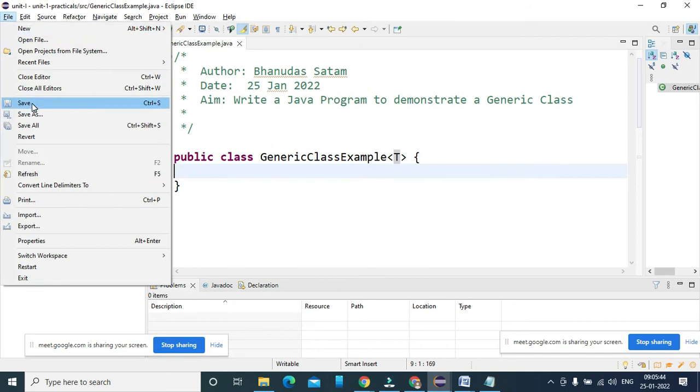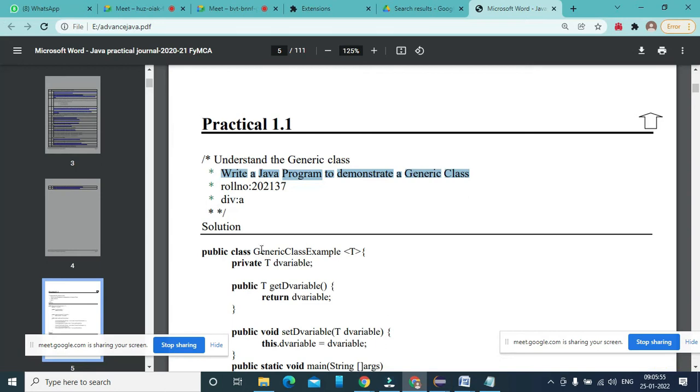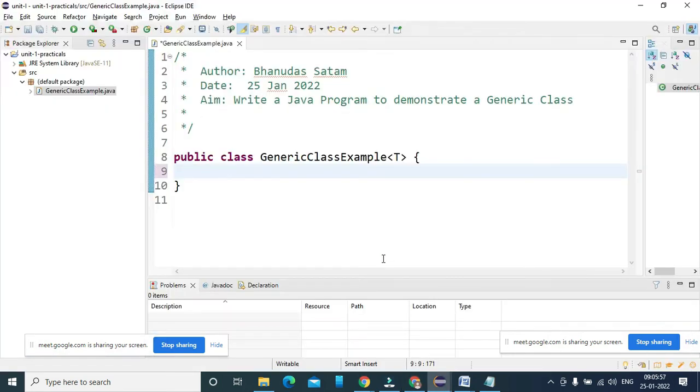तो इस generic class में हम T की जगह कौन सा भी data type ले सकते हैं. And whatever the data type you are using, that data type you are supposed to use here. So when I'm using T, if I want to create a generic class of integer kind, then this T is replaced with integer.